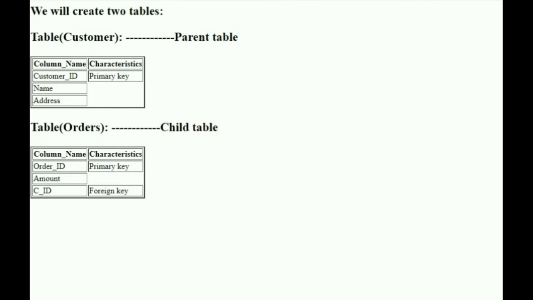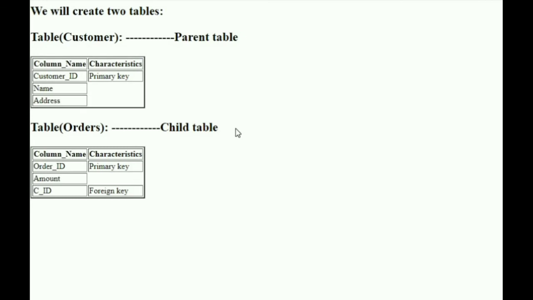Customer table is a parent table and orders table is a child table. There are conditions to build relationship between two tables. That is, parent table should contain primary key and child table should contain foreign key. And in customer table there is customer ID and in orders table there is CID that should be of same data type. Same type of value we can insert into this, and we cannot insert the value in CID in a child table that is not available in customer ID in the customer table.